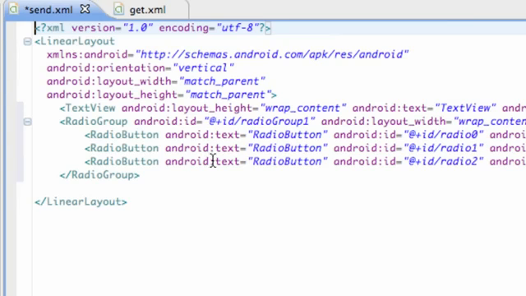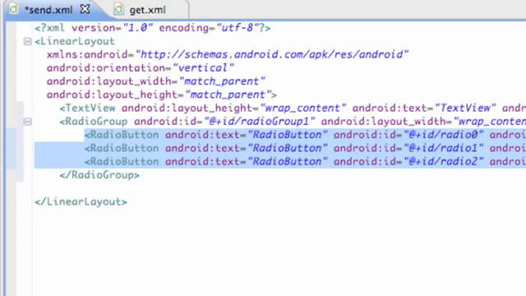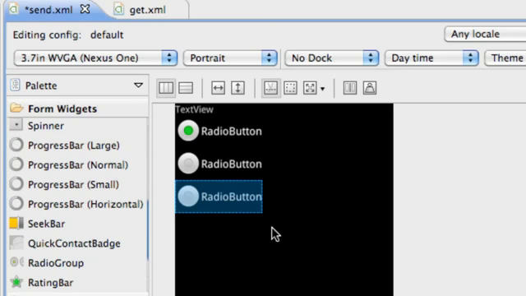Then we're going to go into the XML and copy. Actually, we're just going to work with 3 buttons because that's going to be easier to work with. In Java, we won't have to reference as much and it won't be as boring. But basically, what a RadioGroup is, it's a group of these radio buttons. When one of these buttons is pressed, for example, if I press this here, this one would become highlighted and this one would not become highlighted. It kind of got its name because of those old school radio players: if you pressed the play button and it was on, the pause button would come up, or the stop button would pop up as you hit the play button. I don't know if that made sense, but basically that's all we're going to do with the